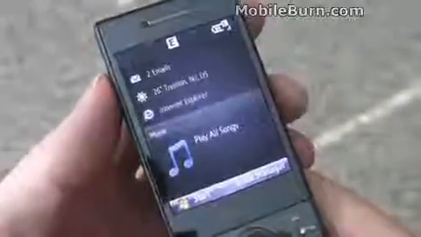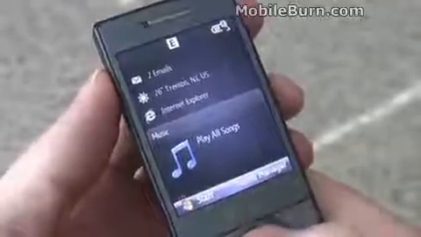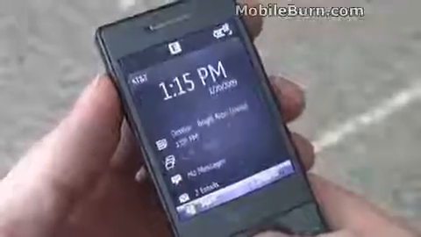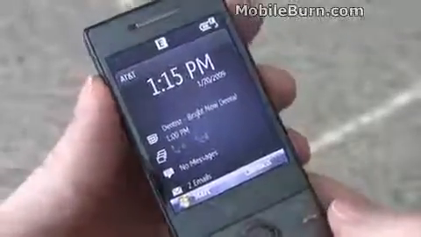Unfortunately, you can't really customize these panels. Personally, I don't have any need to have a music panel, things like that. You can't really get rid of those. You're stuck with what HTC gives you. But what HTC gives you is pretty useful in the first place. So